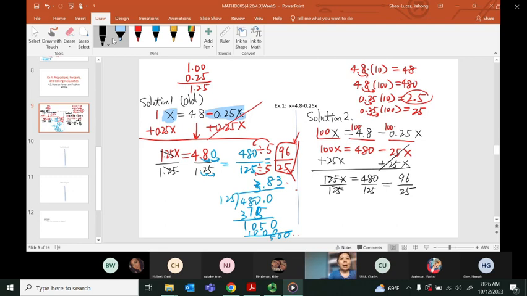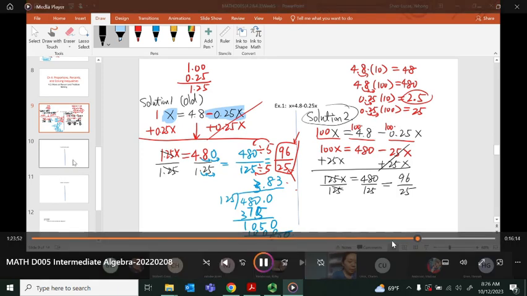For decimals, I really don't care which way you do. For fractions, which I did 2 weeks ago, I did say I highly recommend that you get rid of fractions by multiplying by the LCD. For decimals, it's up to you. I don't really think this solution will make things much easier because decimals are really not too bad to add or divide. Typically, they're very close to whole numbers. Okay, so let's look at